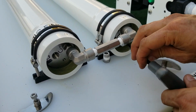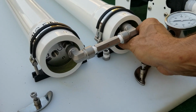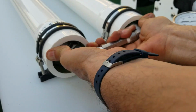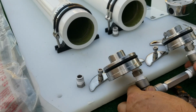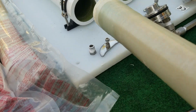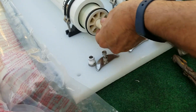Again, use the Allen wrench. Okay, once the 4 retainers are out, you just pull on both caps evenly and they should both come out. And now the membrane, the lower membrane is already installed. Again, notice O-ring side, O-ring side,